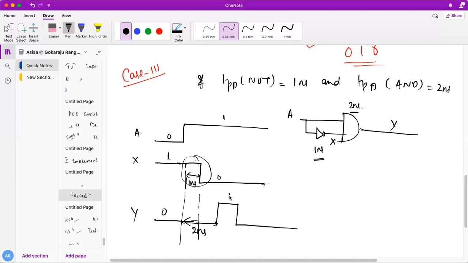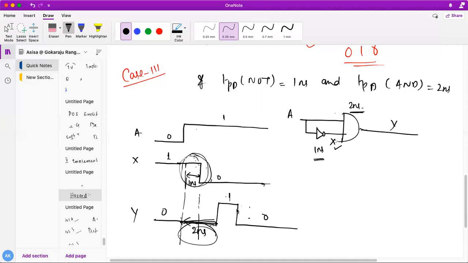So this is my 0, this is my 1 and 0. So obviously what is happening here, see here, this is my 1 nanosecond. After 1 nanosecond I will get the output here, but before that the output will be present. After 1 nanosecond my output will come over here, but in the gate again there is a 2 nanosecond delay. So after that I will be expecting this output will come with 1 1 1, and after this there is 0 0 1 0. This is 0 always, 0 1 0. So again after 2 nanosecond I am expecting this output will be having static 0 hazard.